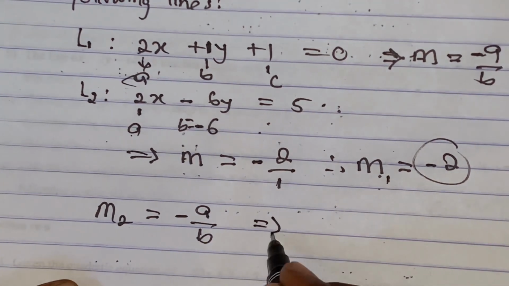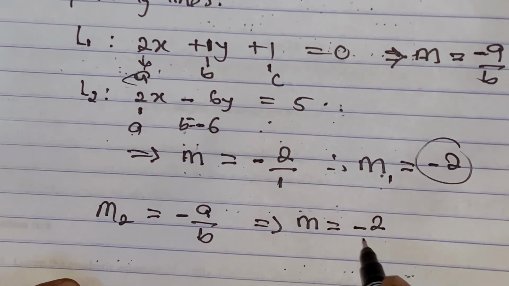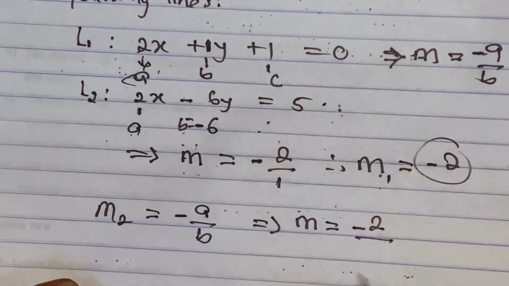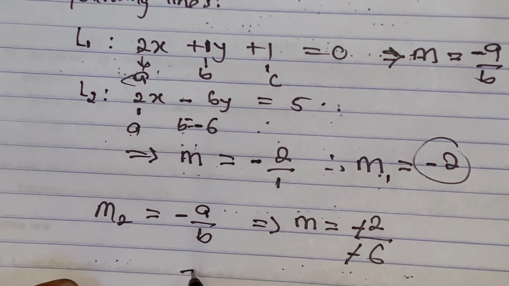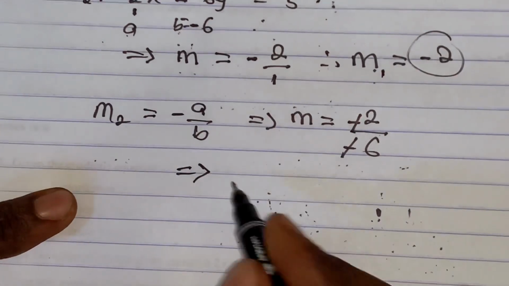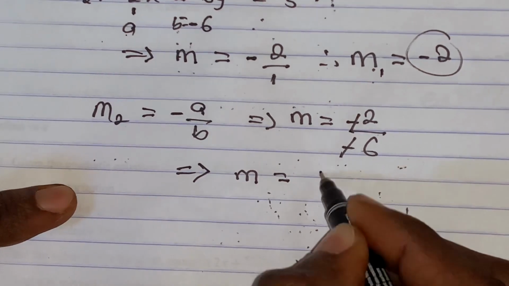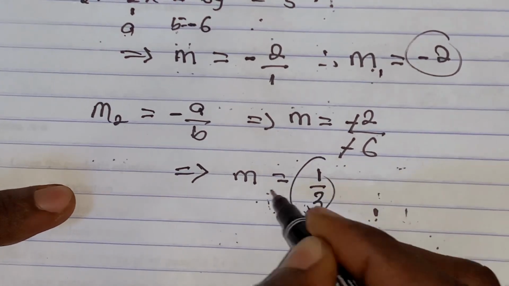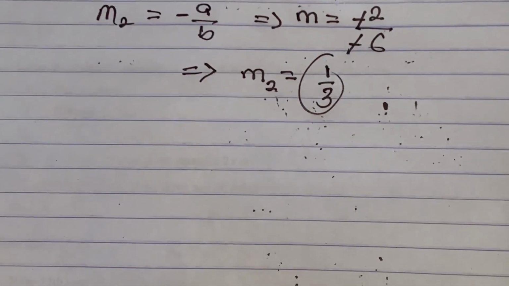So this implies m equals negative 2 divided by b, which is negative 6. Negative can cancel negative. This implies m equals 2 divided by 6, which is 1 by 3. Let's name this as m2. So now we can recall the